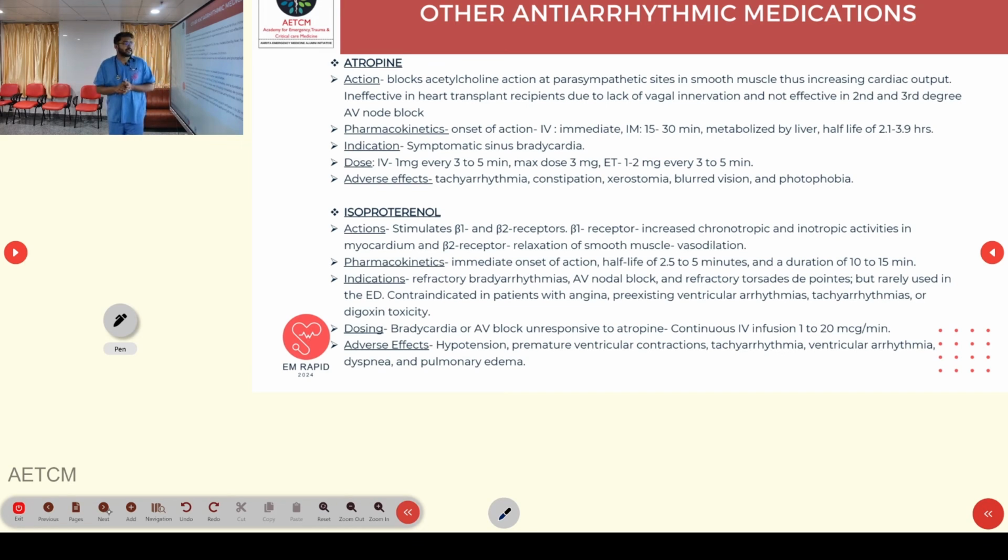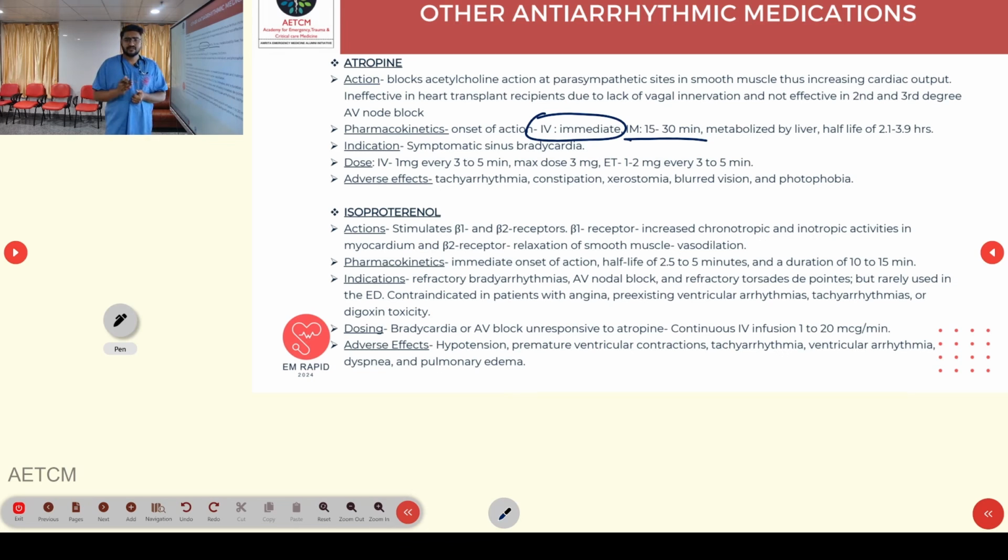In pharmacokinetics, the IV action is immediate, whereas IM it takes around 15 to 30 minutes. It is metabolized by the liver, half-life around 2.1 to 3.9 hours. Indications: it is mainly used for symptomatic sinus bradycardia only. If there is any associated hypotension, reduced perfusion, chest pain, or heart failure features,